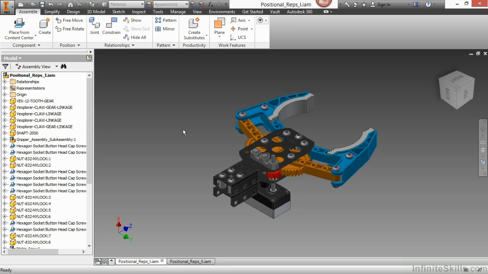In this video, we're going to learn how to create positional representations inside of Autodesk Inventor. Here I have positional reps 1 IAM and positional reps 2 IAM from our working files directory. Here in our first example, we want to create a positional representation that showcases this little arm that it has